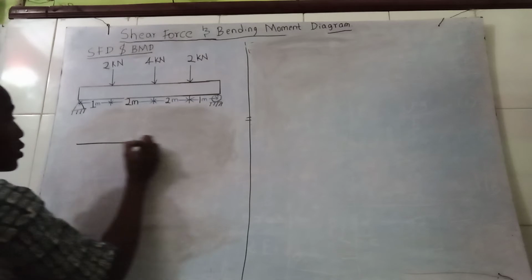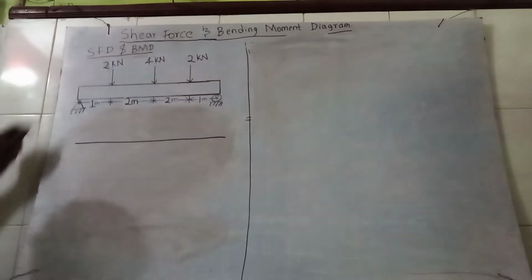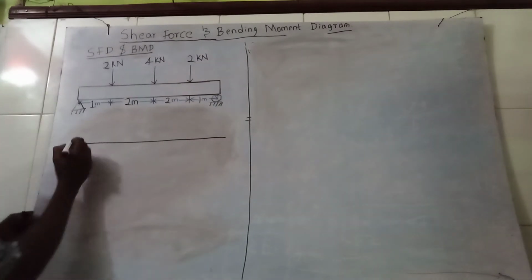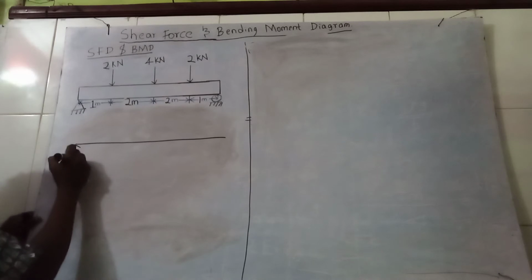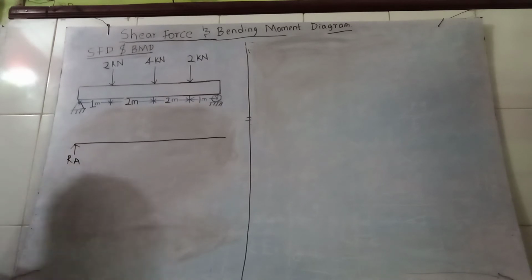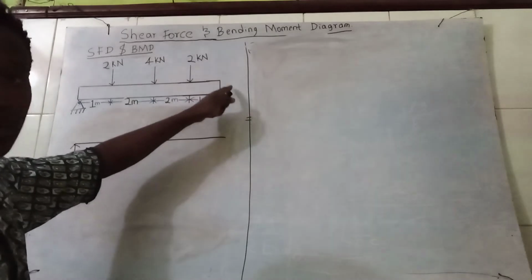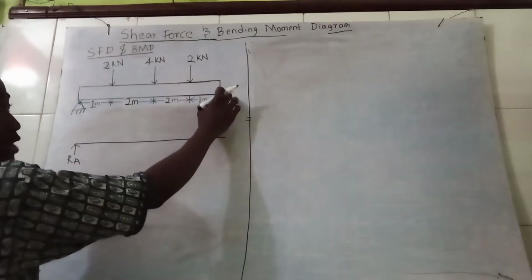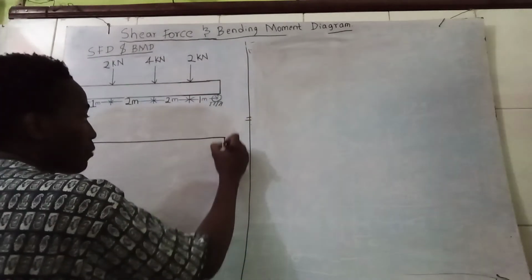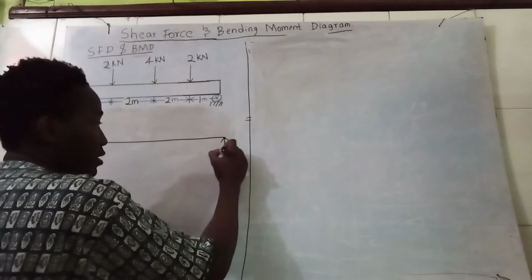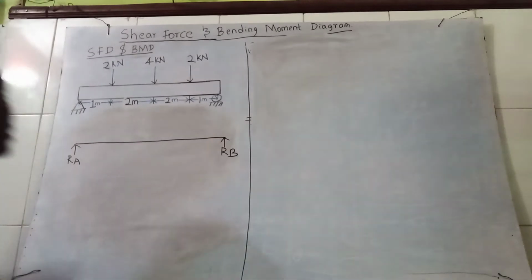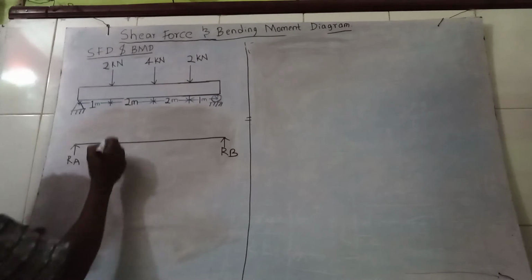So that is going to represent my rod. At this fixed end, I'm going to draw a reaction force and I shall name it RA. At this point, the end is placed on top of rollers, and I'm also going to input a force RB. Then I include the forces given in the question: